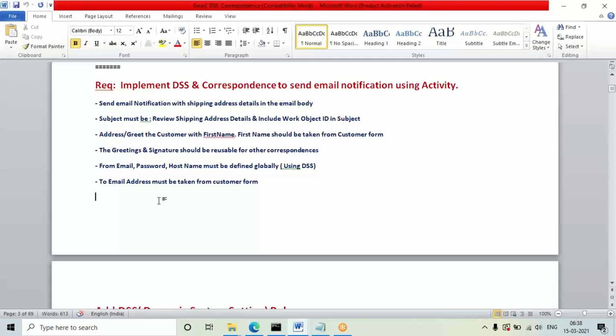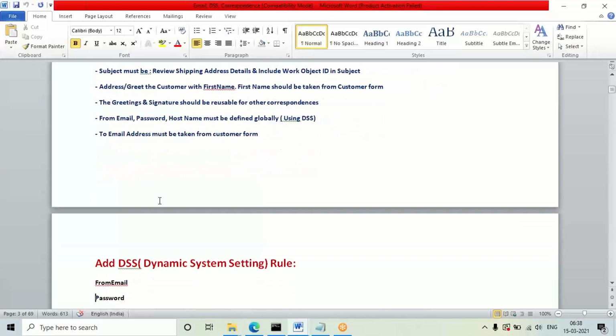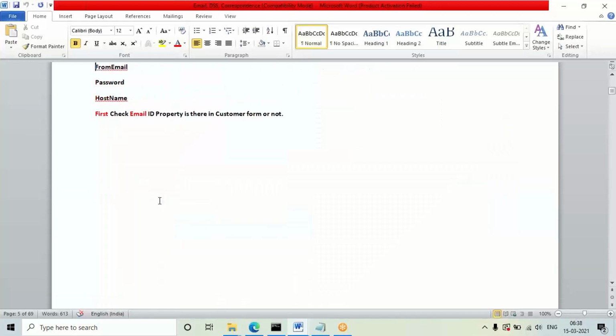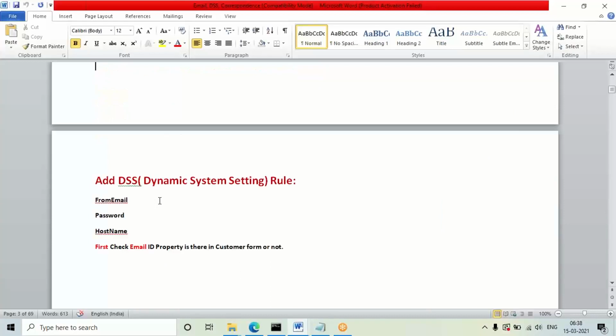So like that, for any UI page where you want to configure notifications, I'm going to show one example. Finally we have to map all these parameters in an activity. Some predefined activity is there, and in that activity we have to map. Okay, let's see step by step, you'll understand at the end once I connect all these steps.